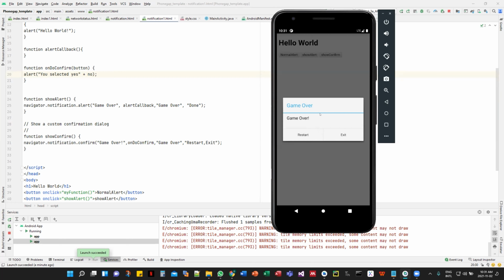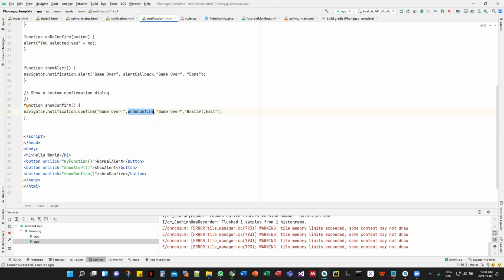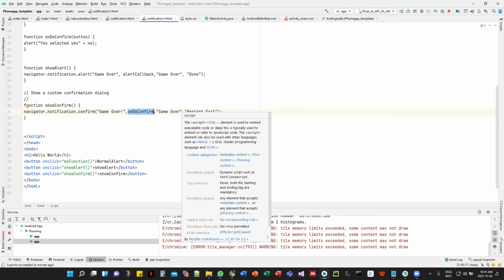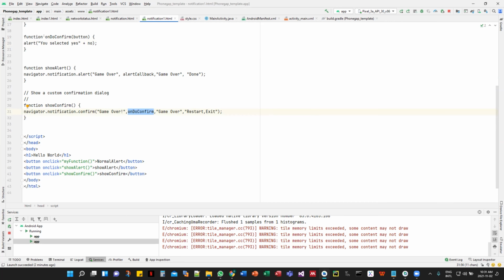So show confirm is supposed to give you a show confirm. Let me see the call, show confirm, below your code. Yeah, show confirm should call the show confirm. So show confirm is here, which is supposed to give game over. Yes, confirm, game over and restart. So you are saying undo confirm is this one here that is called, right? Yes, it's the button that you have clicked. And then it's supposed to give you an alert that says you selected the